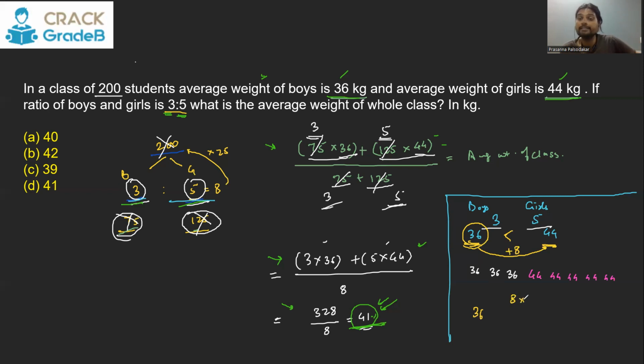So 8 extra chocolates, there are 5 girls. So these many extra chocolates will be collected from those girls. And those extra chocolates, if you divide between the same 8 people again, so 8 into 5 is 40, 40 upon 8 if you do, there are 5 chocolates extra. You can again redistribute to those. Everybody already had 36, plus this 5. Everybody is now going to have 41 chocolates. And hence 41 is the average. I hope you understood this.